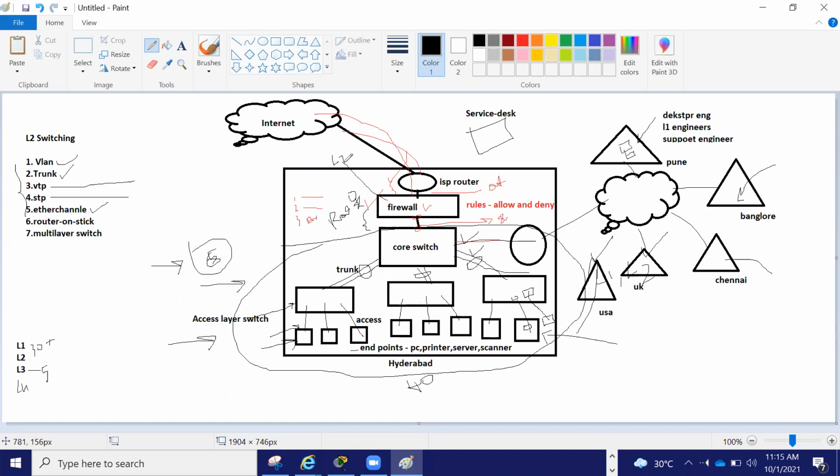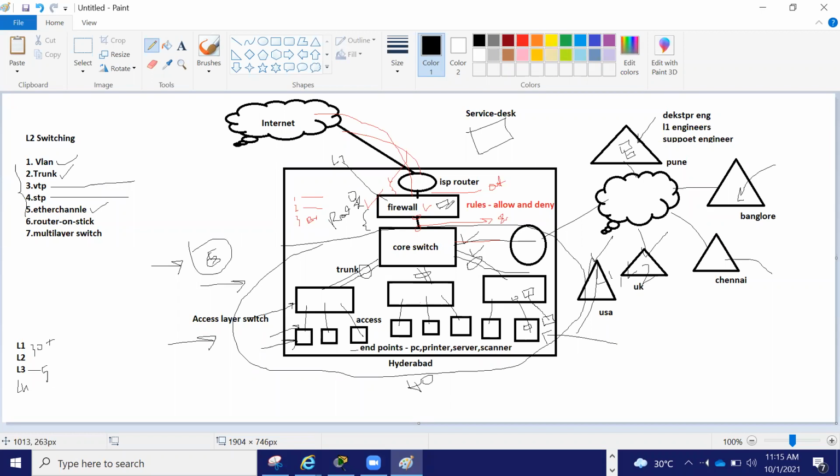What does layer 7 capability mean? If this user is accessing Gmail on the internet, in the firewall you will see that user Shadab is currently accessing Gmail. Gmail is nothing but the application. So application visibility can happen on the firewall.